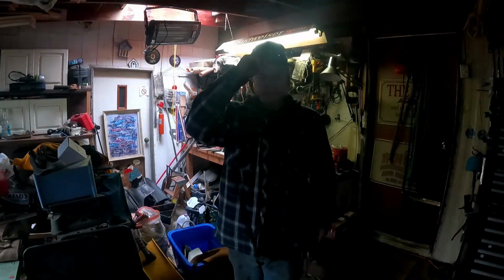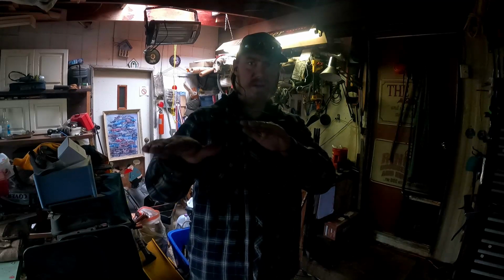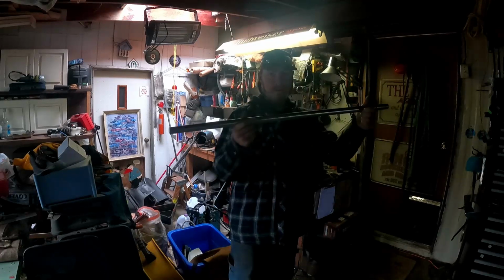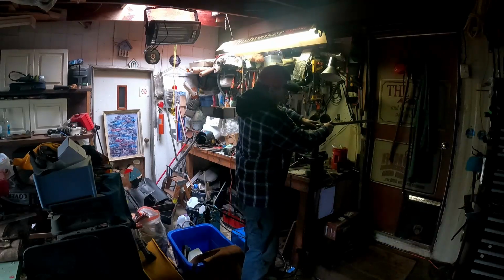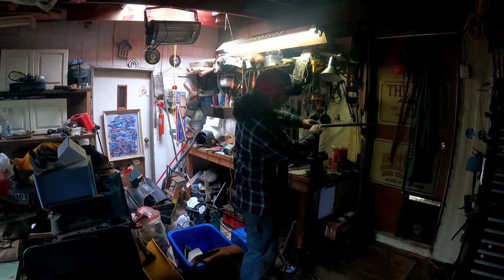Okay, it's been a few days since we last tried doing the twist with the forge and how it's been mounted onto the plate. One thing I'm going to try a little different is I went back out and got myself a 3-foot section of 1-inch steel rod again. And what the plan is now is I'm going to finish polishing off this surface, and I'm going to weld